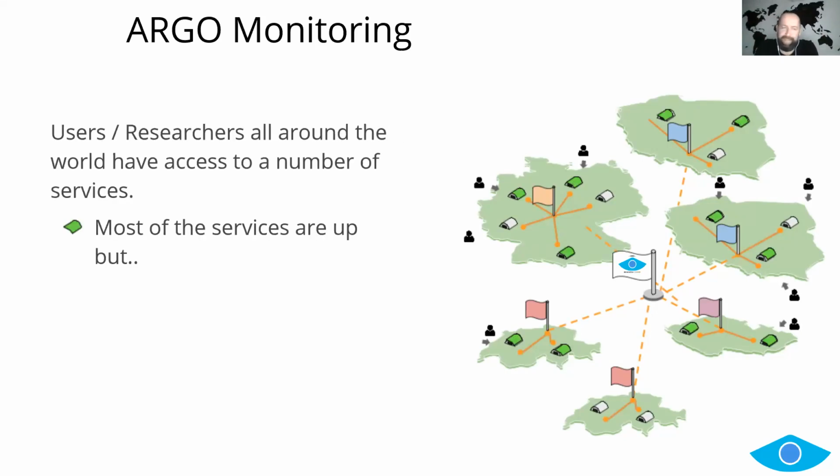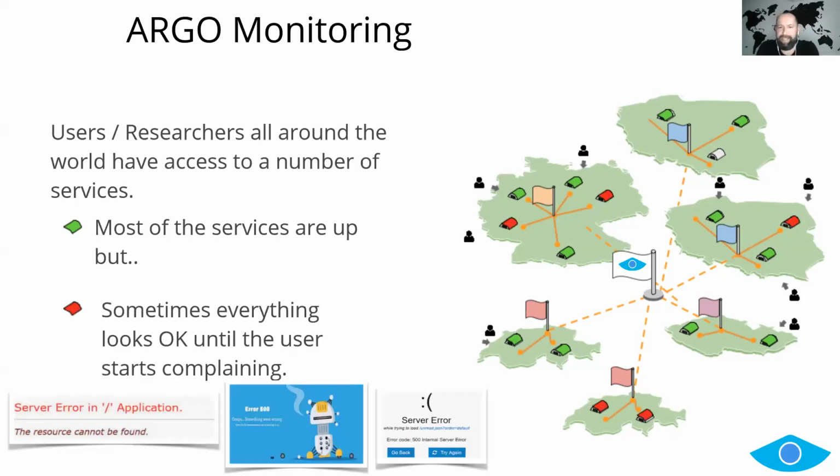Now, the basic idea of Argo monitoring is not to paint the picture of trends, how fast your service is, but rather to paint if your service is properly working or not. So let's say in a world without Argo, you would have a bunch of these tents and users going around trying to get some capability out of those tents. And then in some cases, they would get red. The whole idea of Argo is to spot those red tents before the users do. So that's the whole point of status monitoring.